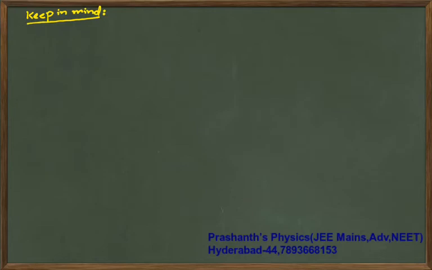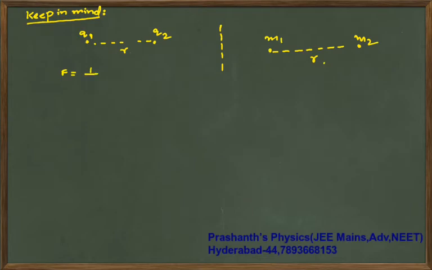Don't worry. If you have two point charges Q1 and Q2 at some distance R, here you will have poles in magnetism, M1, M2, like this at some distance R. Here you will have electrical permeability. You will write your force as 1 by 4 pi epsilon naught Q1 Q2 by R square. Here is your magnetic force between two poles. Like poles will repel, unlike poles will attract. Same, that force will act along the line joining the charges.